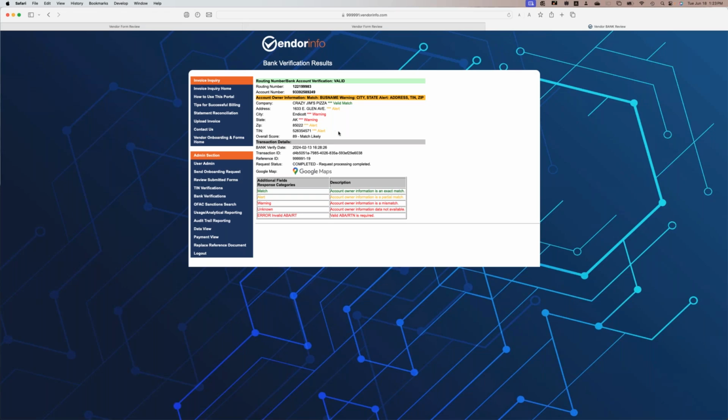The difference between an alert and a warning is a matter of degree. Perhaps for these alerts there were typos, as Mark mentioned earlier. But with the city and the state, these are warnings. This is different, so this would definitely require some further investigation on your staff's part.